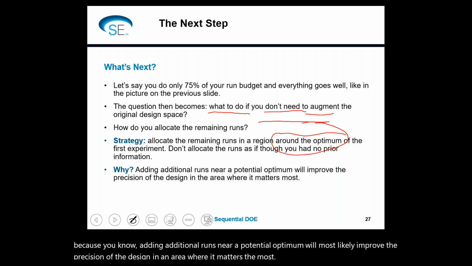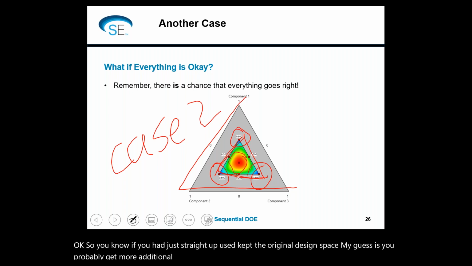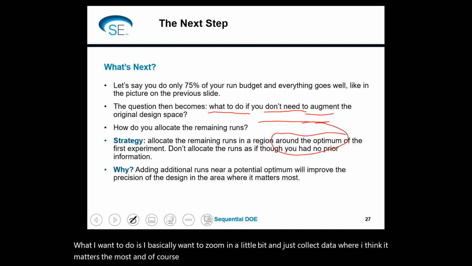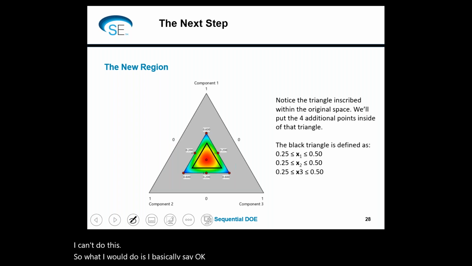Okay, so if you had just kept the original design space, my guess is you'd probably get more additional runs near the edges or maybe some at the vertices. But what I basically want to do is zoom in a little bit and just collect data where I think it matters the most. And of course, if I did this as a one-pass experiment, I can't do this. So what I would do is say, okay, I kind of have a rough idea of